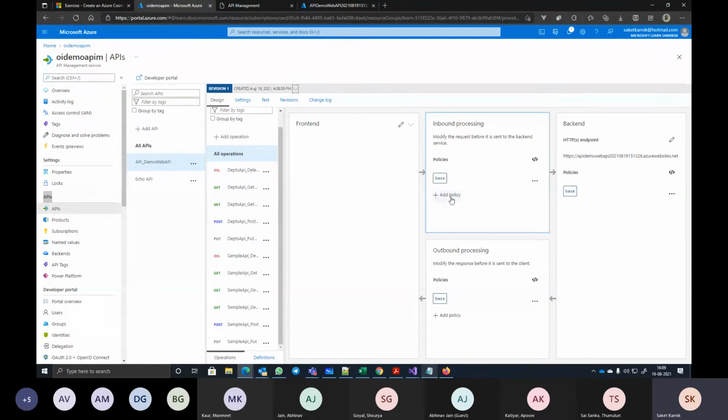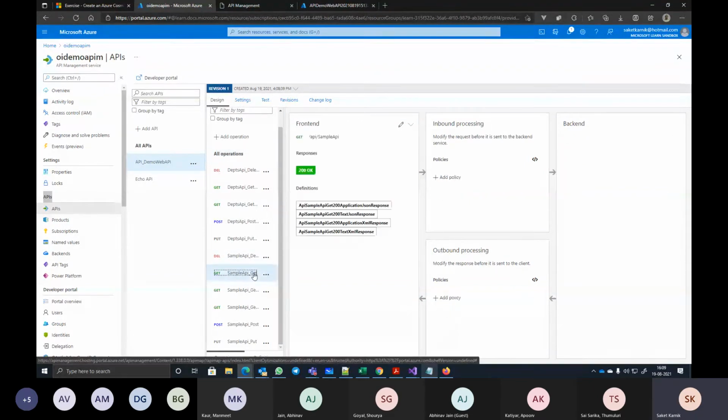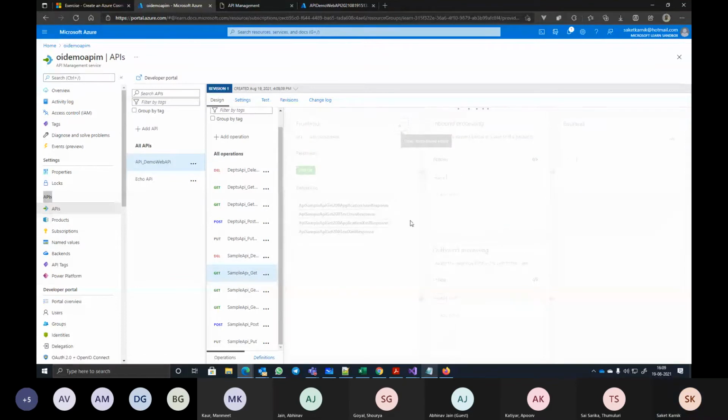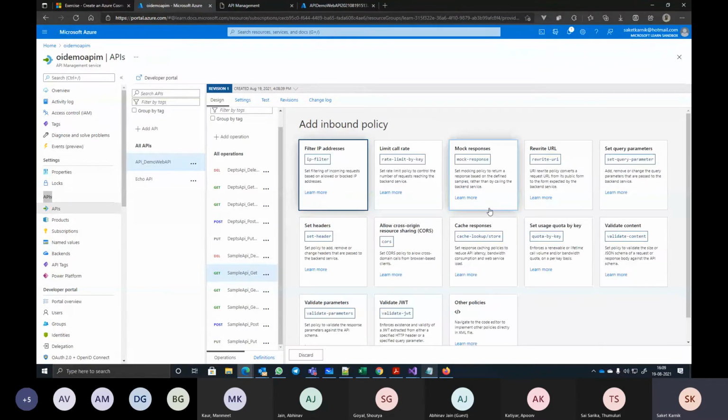Policies, if I want to create, I can create from here. Like, say for sample API, get, which returns all codes. I want an inbound policy to be set before the request goes to the original API. I want the request to come only from a specific IP to APIM, so I can put an IP filter.